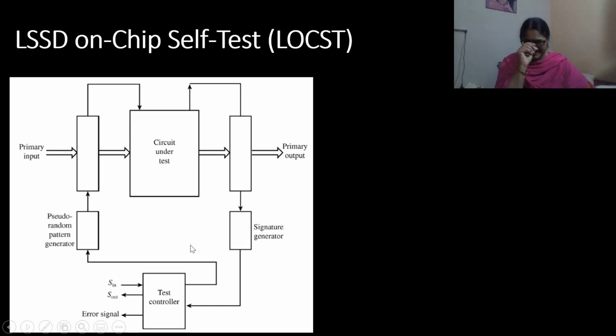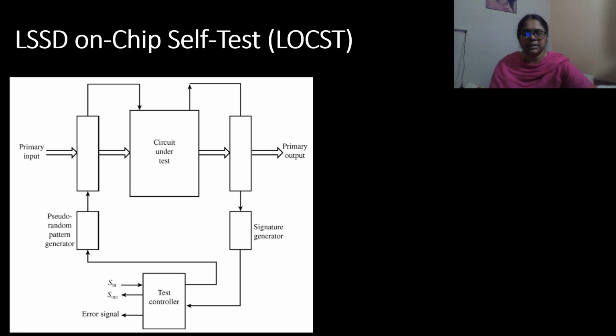Depending upon the control signals here, the pseudo-random pattern generator is going to generate the test patterns that will be given to the circuit under test. The outputs are given to the signature generator, and based on its output, an error signal will be activated if any error occurs, or deactivated.